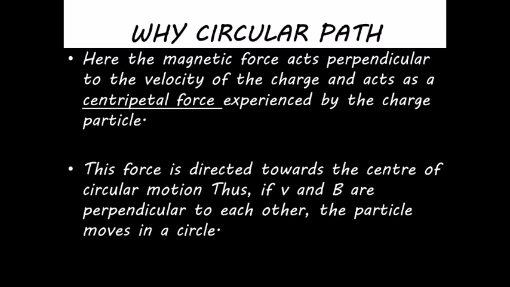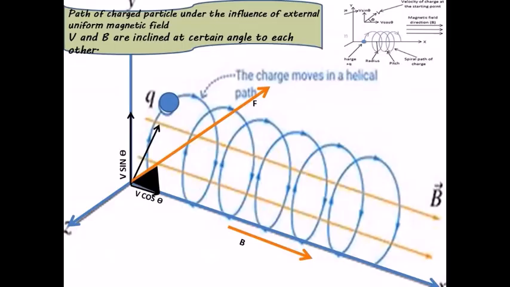What if velocity is not perpendicular to the magnetic field? What if we are throwing a charged particle into the magnetic field in a specific direction, making a certain angle theta? So let us have a look at that example also. So this is the example. The magnetic field lines are shown by the red lines there, and the velocity is making an angle theta with the magnetic field line. Resolve this velocity vector along two components, v cos theta and v sin theta.